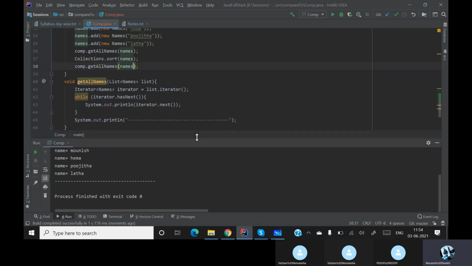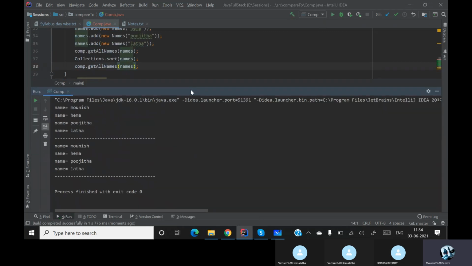So here, if you see now, did it sort anything? No, sir. But basically it has to sort, right? Yes, sir. So why is it not sorting?